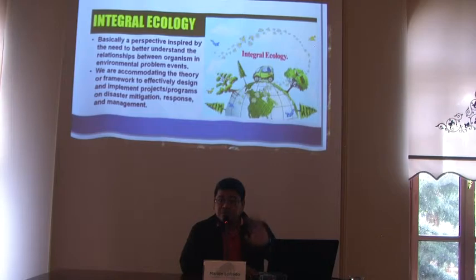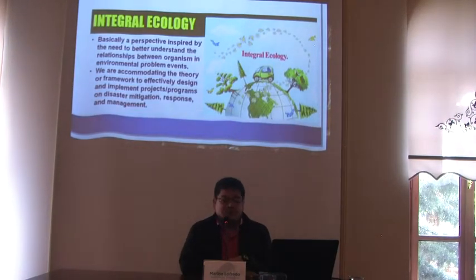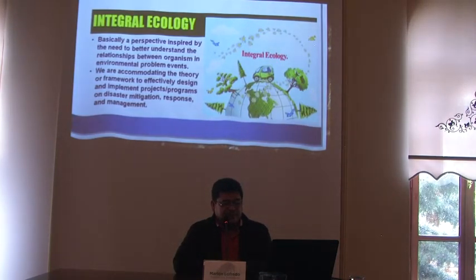So basically, integral ecology is a perspective inspired by the need to better understand the relationship between organism and environmental problem events. We are accommodating the theory now, or framework, to effectively design and implement projects and programs on disaster mitigation, response, and management. So the next slides will be the framework. What are the things that are included in this integral ecology framework